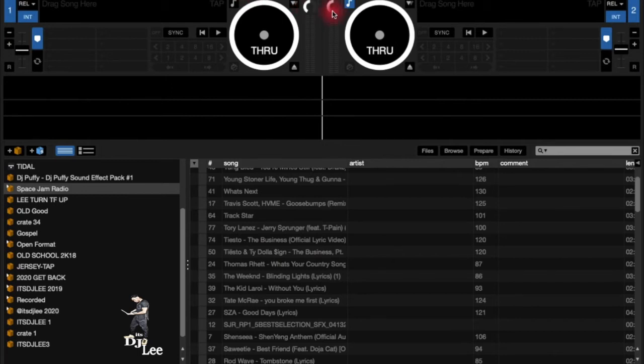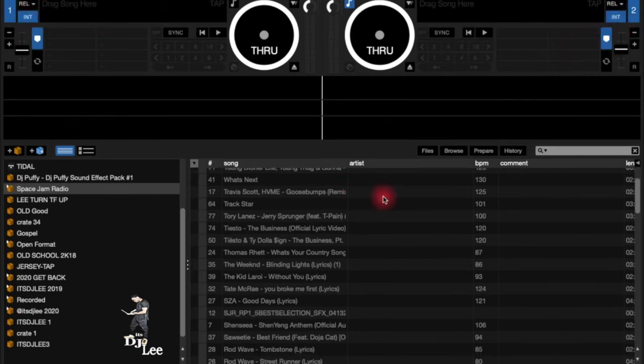Alright, so when you're doing things like this where nothing is plugged in, you want to make sure you're on, or when you don't have turntables, I'm sorry. When you have a mixer plugged in and you don't have turntables or CDJs, you want to click on internal. Alright, it may be on relative or absolute. You want to click on internal so that you can actually play songs. Alright, play songs. You can hit the play. If it's not on that, it will not be able to hit play. If I click on relative or absolute, it's not going to be there. I won't be able to play this song.